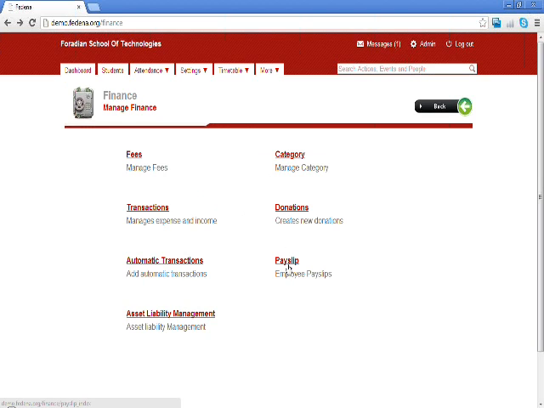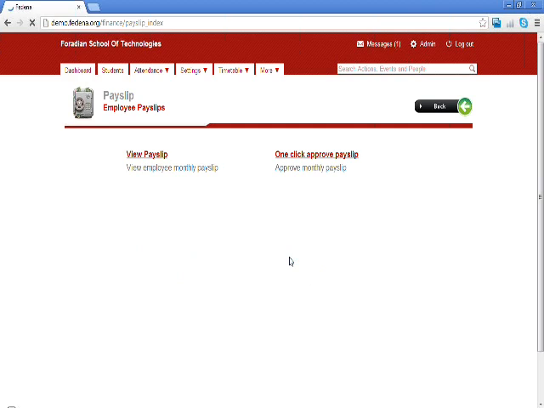And the payslip, as I said, the creation of the payslips was done in the HR section, and now the next step is to add payslips. Our payslips can be approved individual-wise. It can be one-click payslip approval for our employees. If you want to go for the